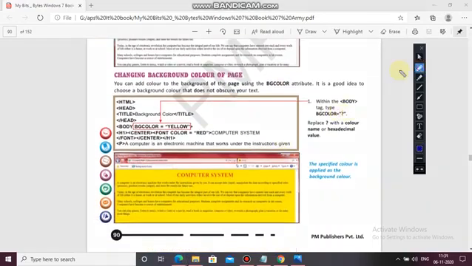Now the next topic says change the background color of the page. Now you are changing the size of the text, font face of the text, font color of the text. So can you also change the color of the page, meaning the background color of the page? So what we have to do, see